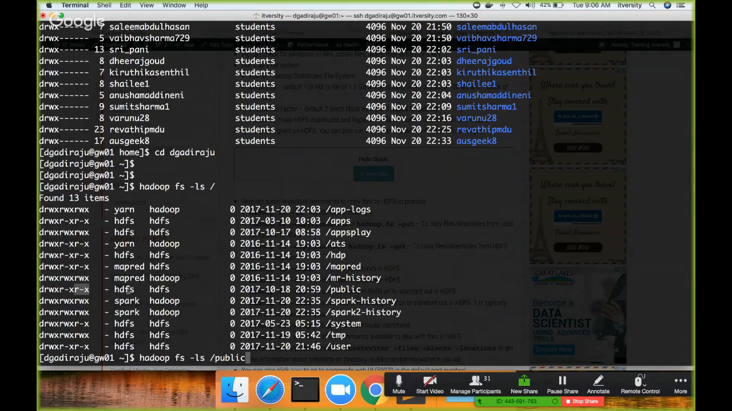For this public directory, the owner is HDFS, and HDFS has read, write, and execute permissions. The group is also HDFS, so the owner name and group name are the same. Most likely there might not be other users in the group, but sometimes if there are other users in the group, they have read and execute permissions on this directory. And anyone other than the owner and group members has read and execute permissions on this public directory. Now if you look at hadoop fs -ls /public,